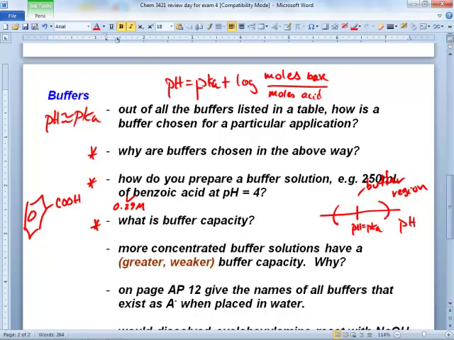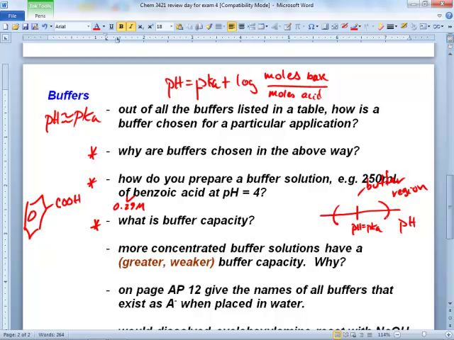The maximum, okay, you're getting there. The maximum amount of, because you're close. The moles of the conjugate base, the moles of the conjugate acid. There's only so much of it, right? You keep adding acid, like HCl or phosphoric acid. Who knows what's getting in there to make that thing more acidic? That conjugate base is doing its best to react with it and keep the pH relatively constant. But sooner or later, you're going to run out of conjugate base. And then your buffer capacity is